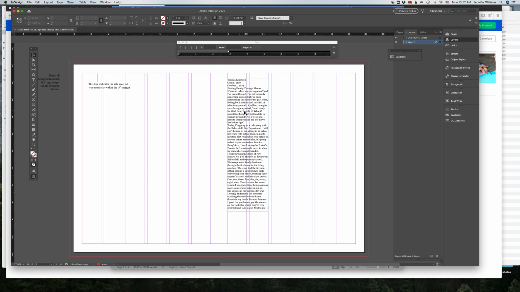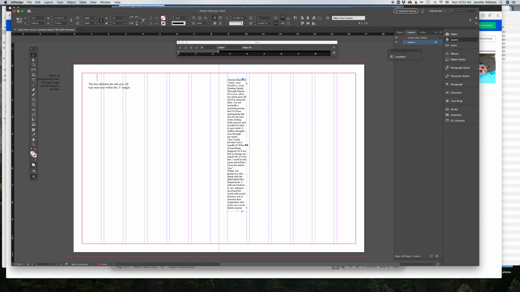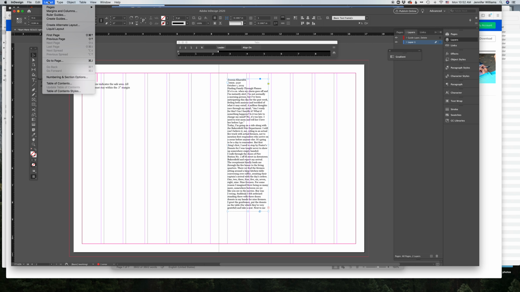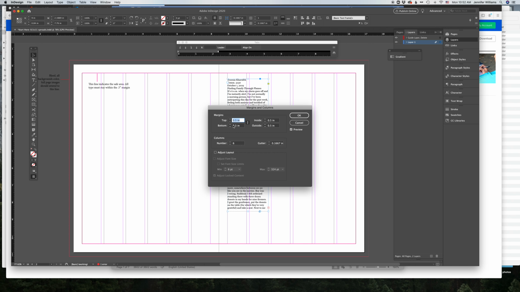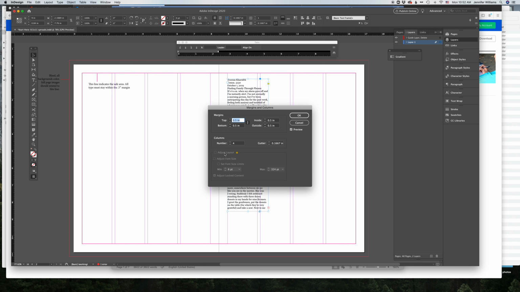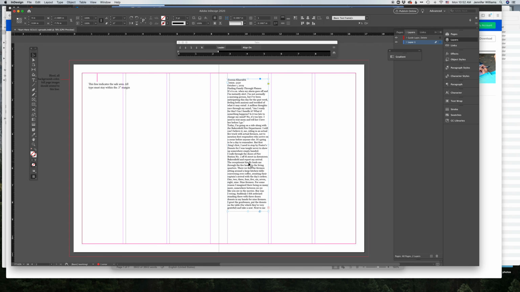Now, I have this set up as a 6 column. That's really too small for most of these stories. So if you want to make changes, you go up to layout, margin, columns, and you change this to 3. Because these should really be double. And that way, when you click here,